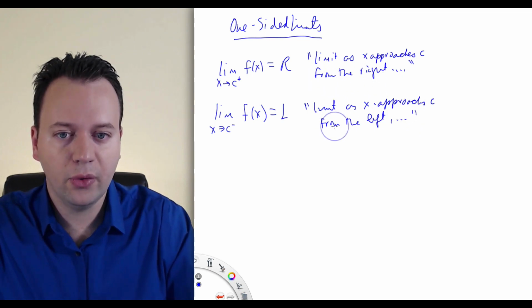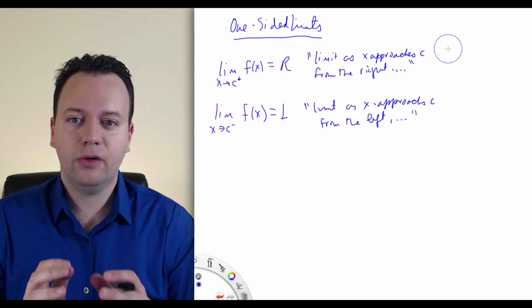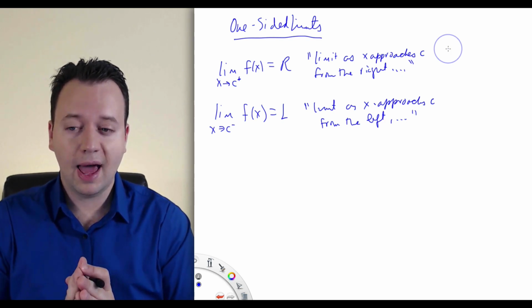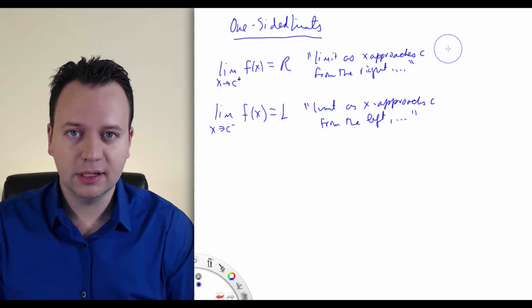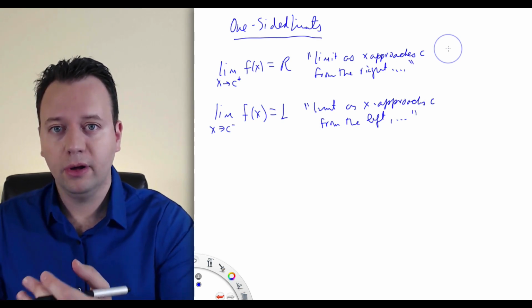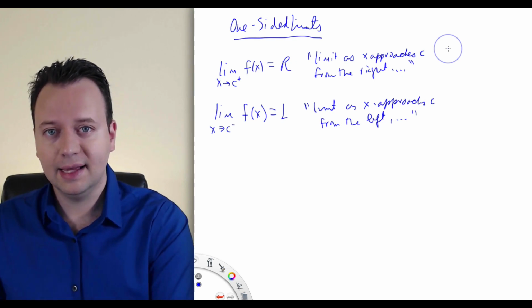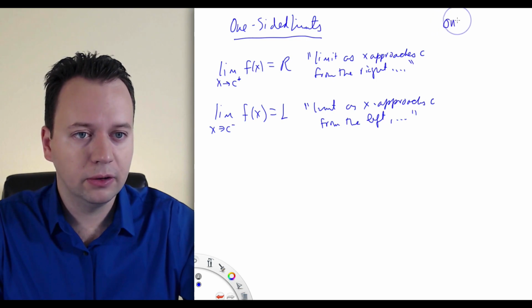So either from the right or from the left. And what this means is that instead of thinking about the function f on both sides of the point x is equal to c, we only look at the values of the output for either x is less than c or x is greater than c. So we only consider